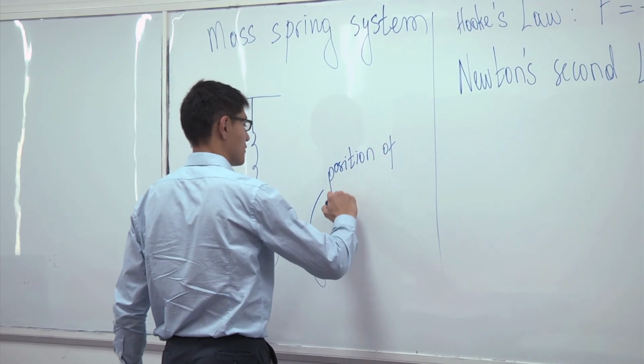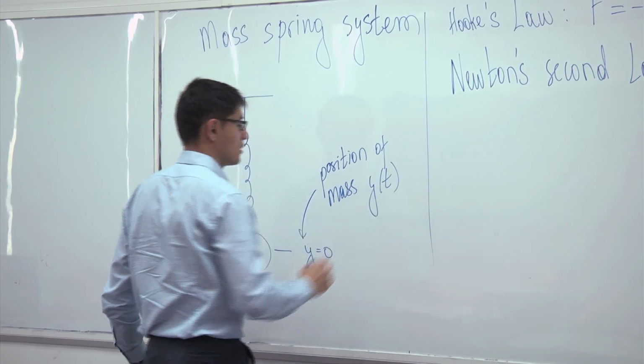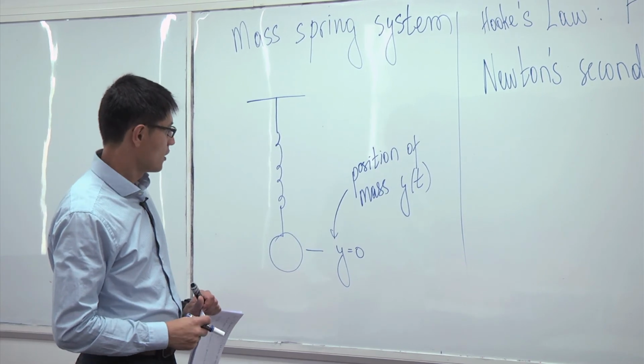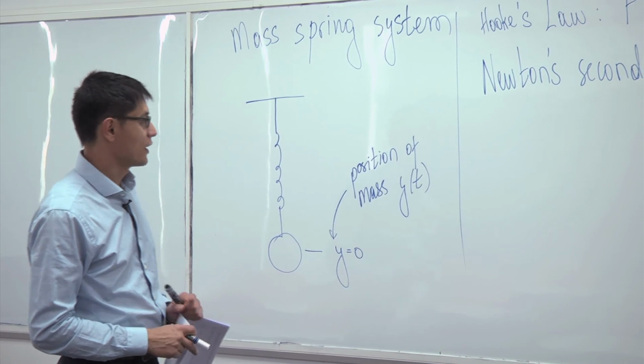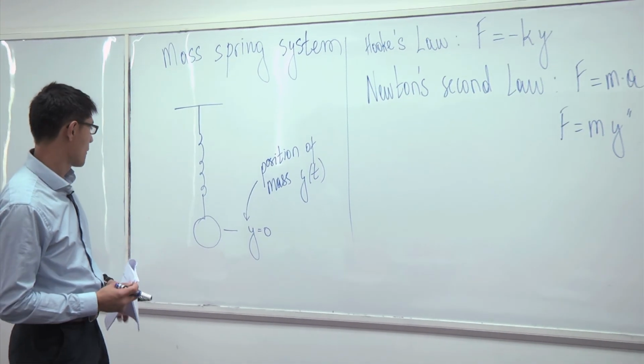Position of the mass. And we want to know what's the position of the mass. In this case, we assume that the system is undamped. All right. So we have a couple of physics equations